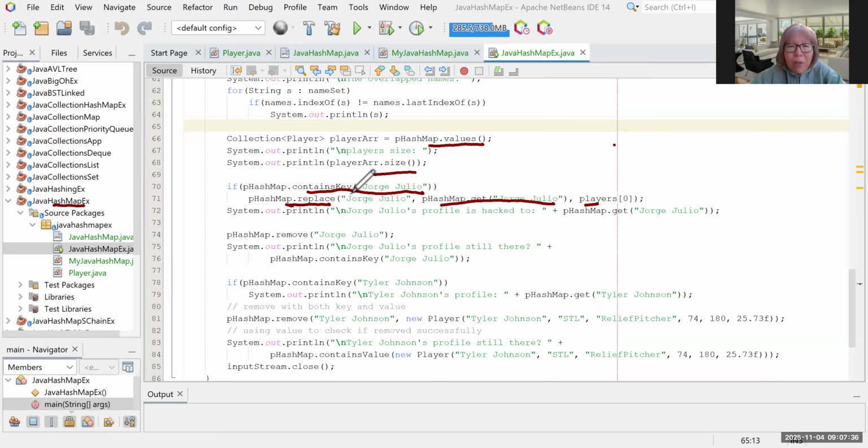So that's what we try to do here. And then next we try to remove a certain player from the hash map. After we remove, we can check if we did remove. And what next we did is we try to find another player, and then get all this player's profile information: its league, its position,